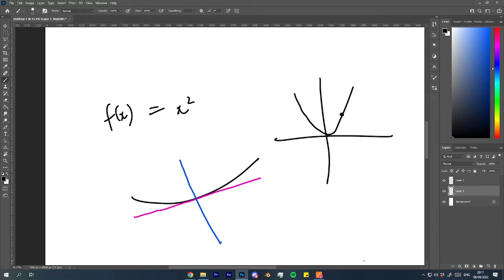Yes, perfect. They are perpendicular, so there's always a 90-degree angle between them. So what we can do first,